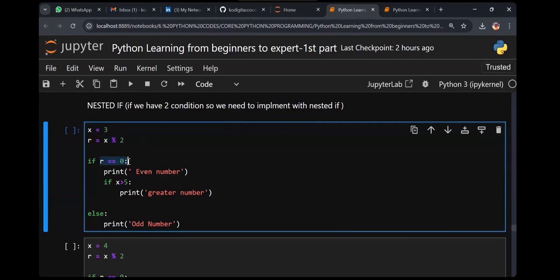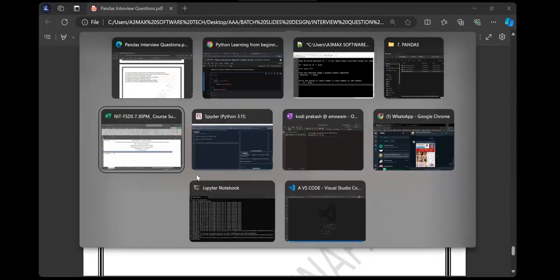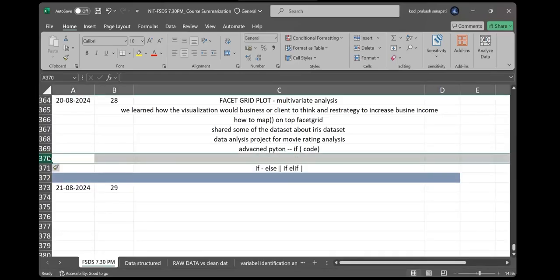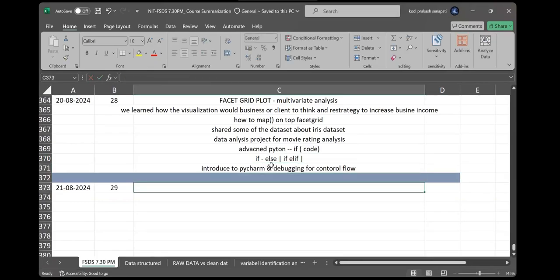If remainder equals 0, and one moment, I forgot to mention, yesterday I also introduced the debugging concept, or not? We were introduced to PyCharm. Did you try the debugging for control flow, guys?